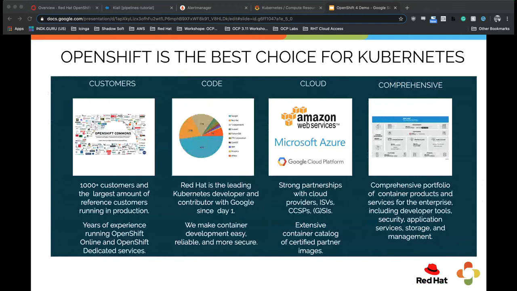And really when it boils down to it, when we're looking at Kubernetes as being kind of the central engine solution, OpenShift really is the best choice built around it. From the over 1,000 customers that have adopted OpenShift, that deploy over 4,000 pods a day, to the code contributions that Red Hat makes to Kubernetes, being the lead developer and contributor to the Kubernetes project, to the strong cloud and infrastructure provider